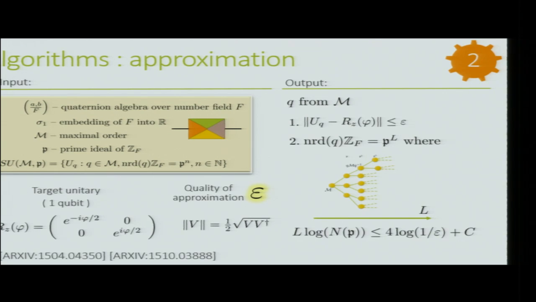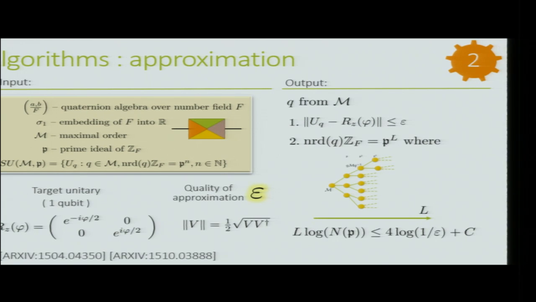L is just the depth of the tree, a layer of the tree, and we want to understand how well we can approximate with a part of the tree up to a certain depth, right? And so it turns out that